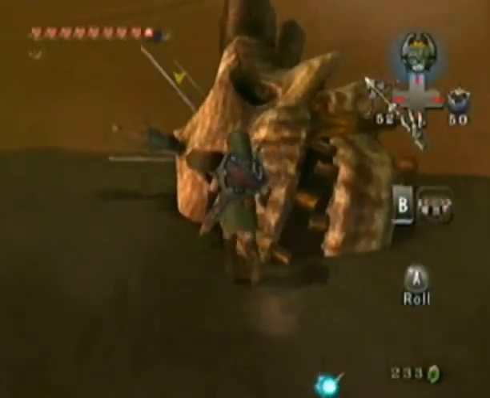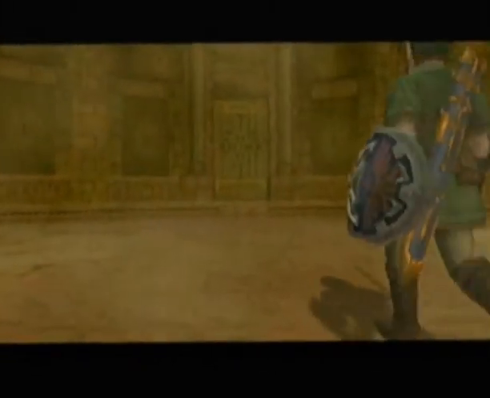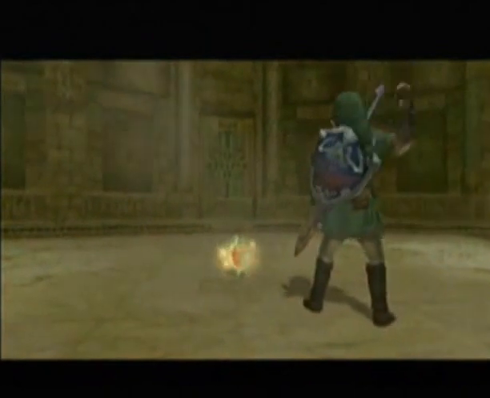Alright, hit him 3 times and that should do it. You utterly defeated Stallord. And somehow Link is automatically at the top of the pillar thing again. Magic. Teleportation. I don't know, so...